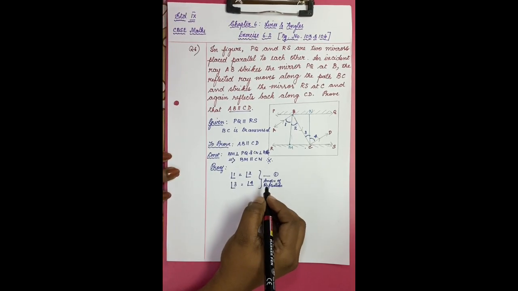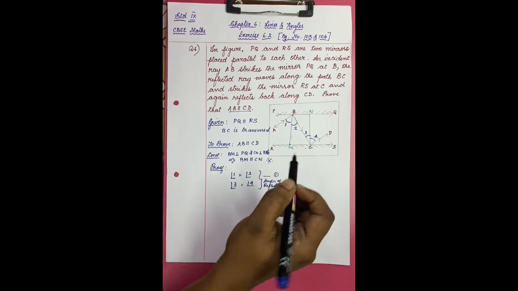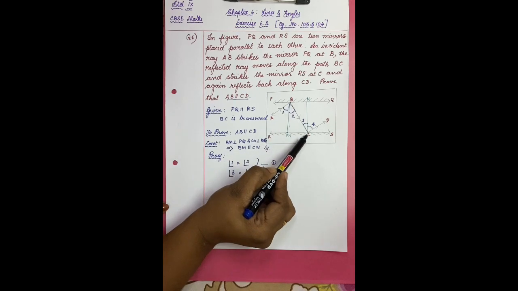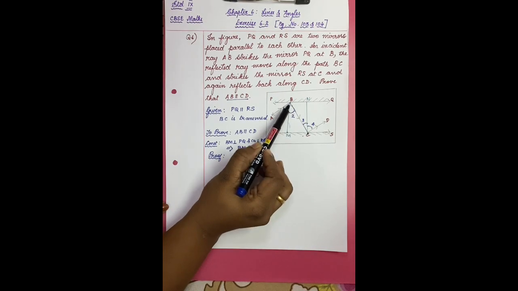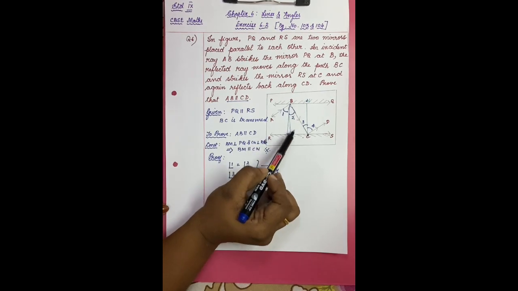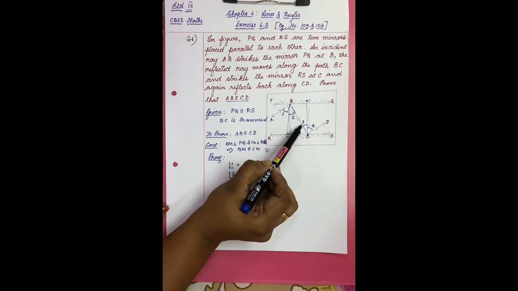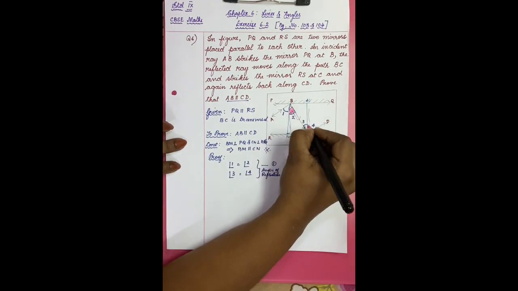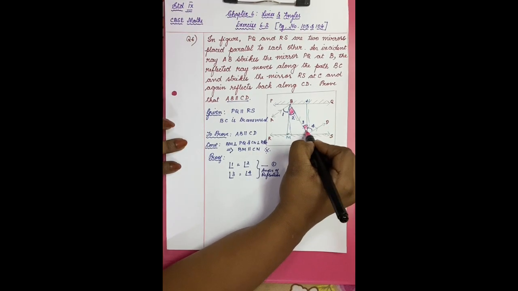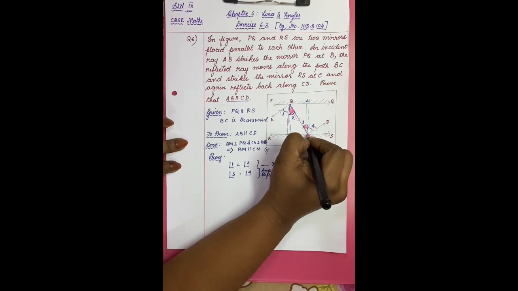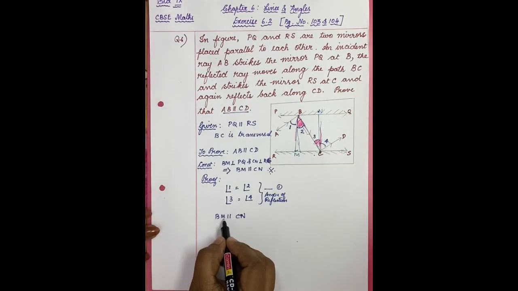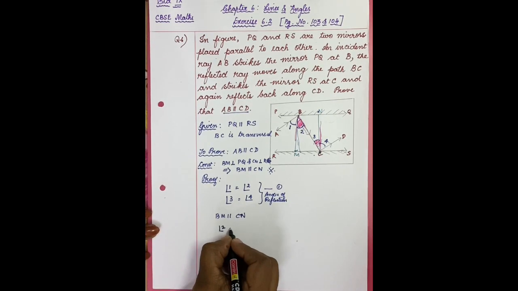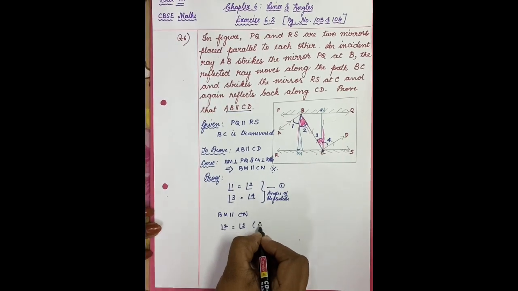Okay, now what are we going to do? This is the most important thing where you have to be very careful. Now these two I know are parallel and BC is a transversal. It is a transversal for BM and CN also. So, parallel lines and transversal, what can you say about angle 2 and angle 3? If you want, let me give a color here. Can you see a Z angle going on here? So, BM is parallel to CN. And what can you say about angle 2 and angle 3? Angle 2 is equal to angle 3 because they are alternate angles.